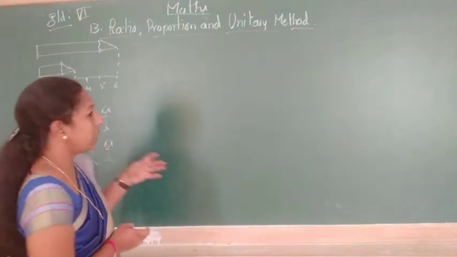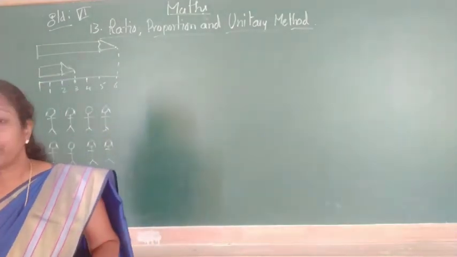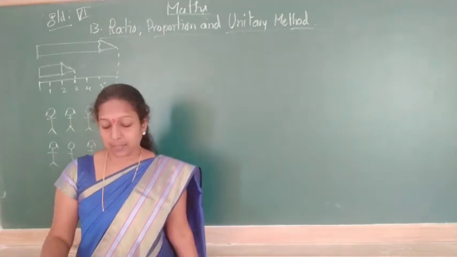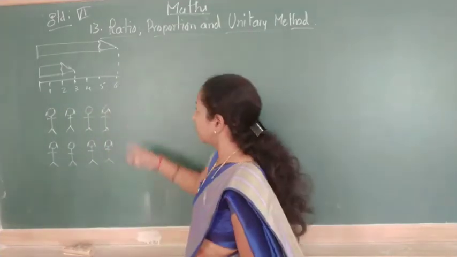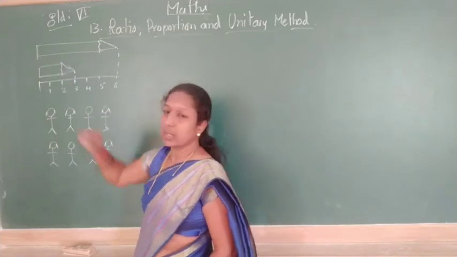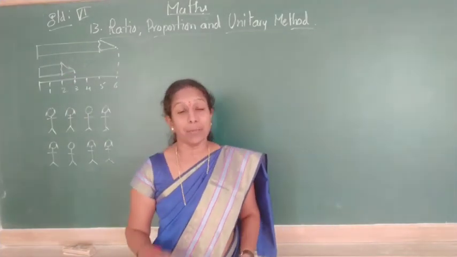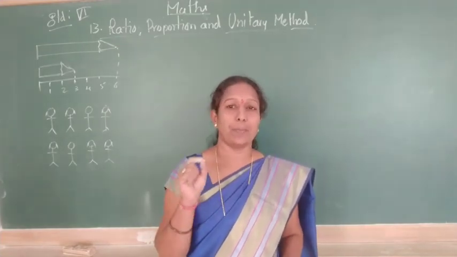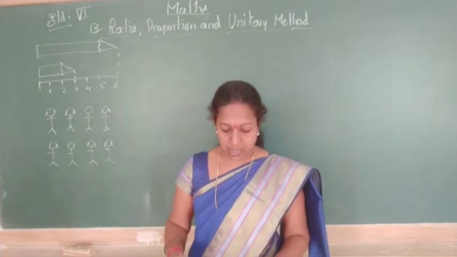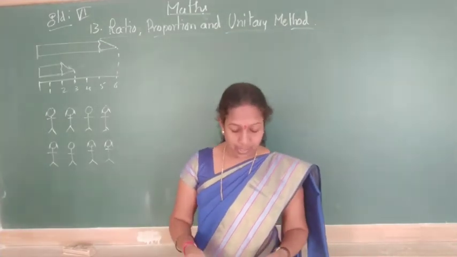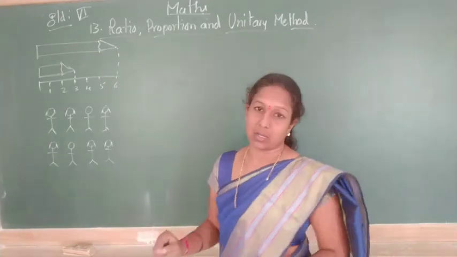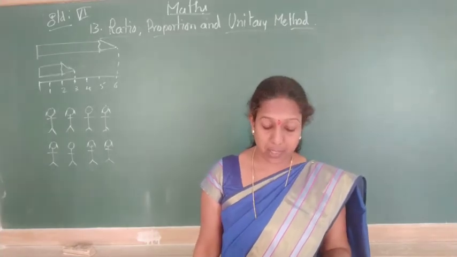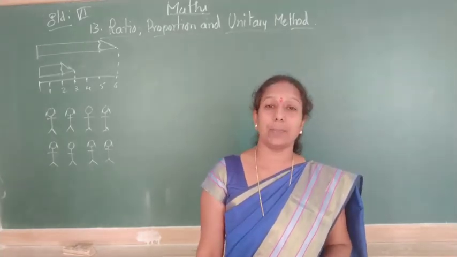Okay, so let us take the examples given in your textbook. The first one is: find the ratio of the following. In that, the first question already has a picture given here. There is the length of a pencil here, and one more pencil. But before we write any ratios, we should read the question properly. Let us solve some problems, then you will come to know. Now we have to write the ratio for this picture. But what is their question here? The first one is the ratio of the length of the big pencil to that of the small pencil.